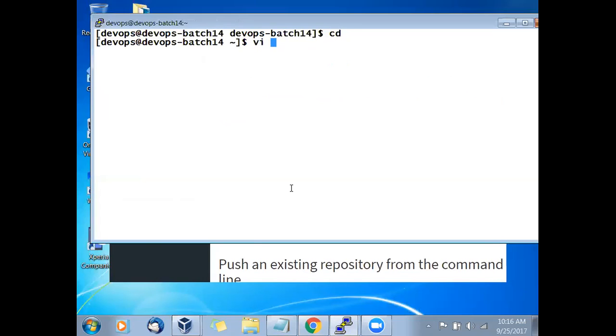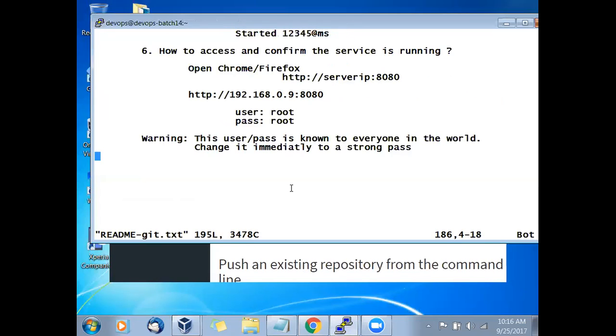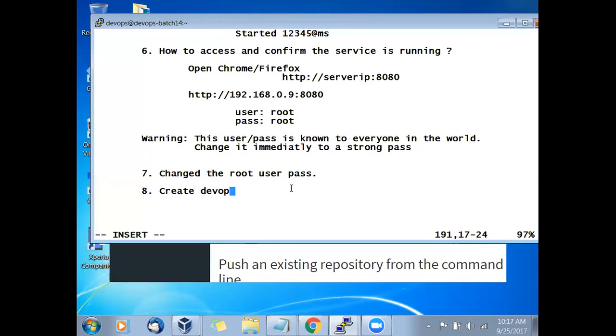So we'll go back. We'll say vi readme. And here we go. So what first action did we do? Change the root user password. Then what next action did we do? Create the DevOps user and then log out.